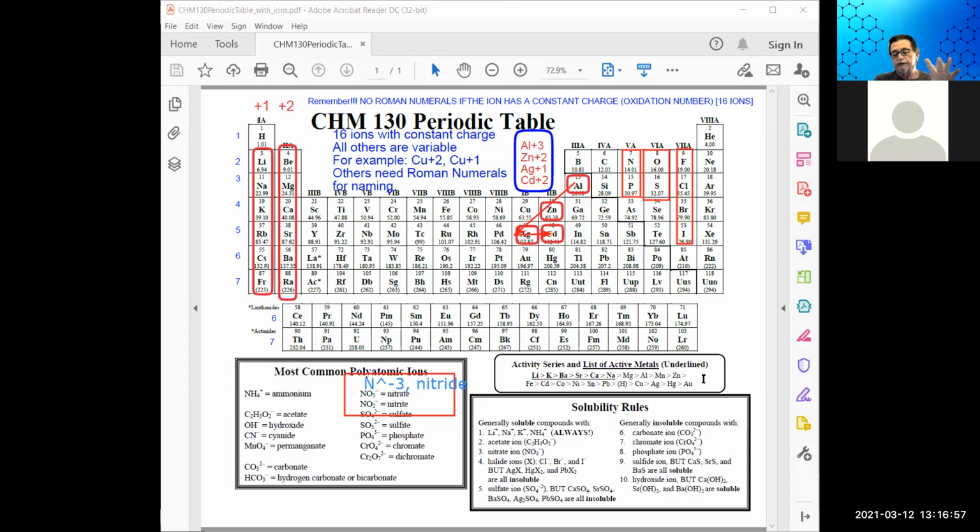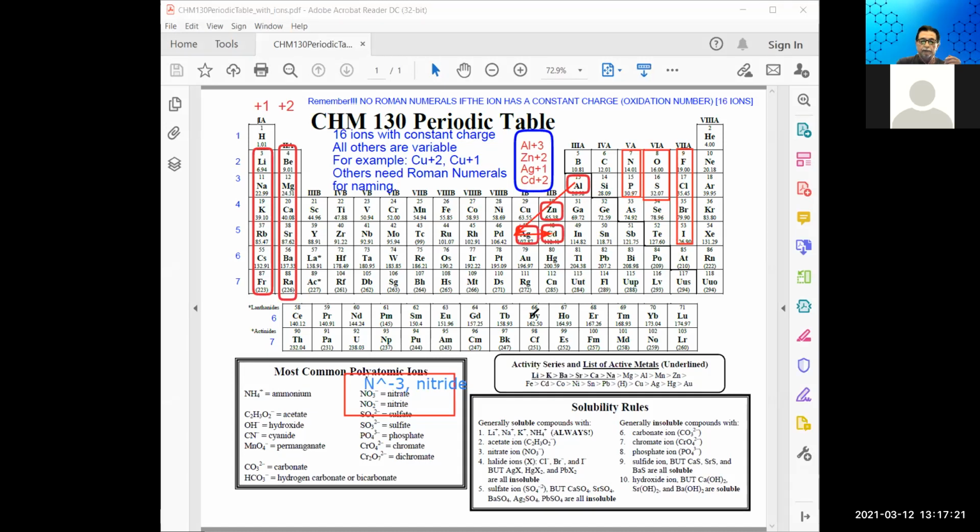We know those oxidation numbers 100% of the time, which is good because we can utilize that to calculate the oxidation number of its partner if we don't know what it is, because if we don't know the oxidation number of the partner, what we do know is the following: